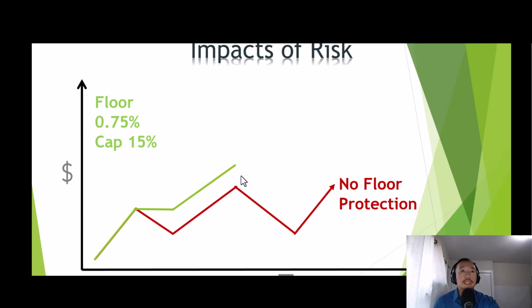And you don't waste any time recouping from the loss. So as you can see, the green line ends up at a higher position since you don't have to start from a lower position due to the floor protection. Would you rather have the red line or the green line? Now imagine what that would look like on your money if you never had a quote-unquote negative year. So the floor is actually protecting your money from any losses.